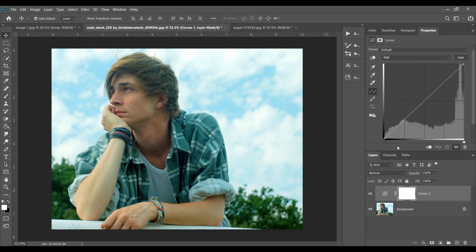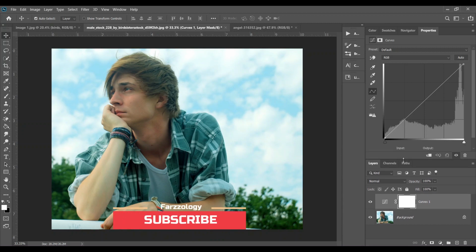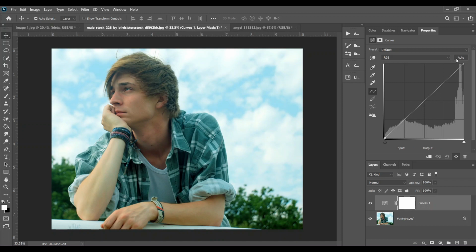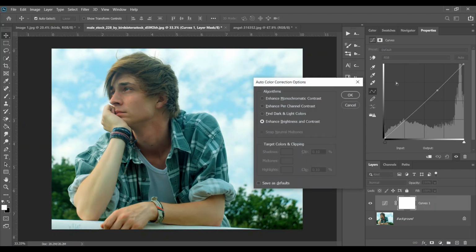I think this is fine. That's good. I think everything is okay now. Okay, and now if I click auto, look at this. It's just a little work it did, but not a great one, or not the result we want. So press Ctrl and Z to undo, and press and hold Alt, and now click on the auto, and look